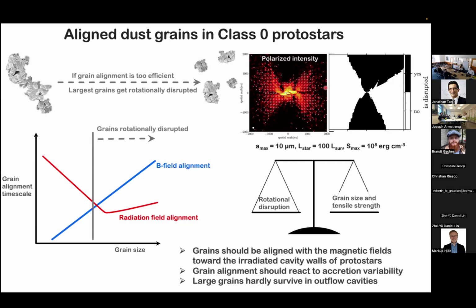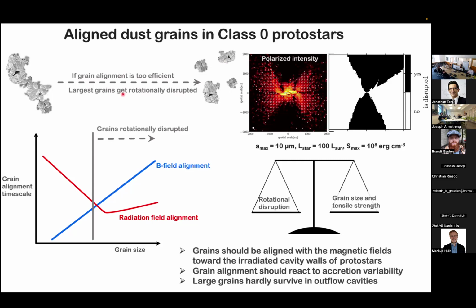If we need to have large grains, and we need them to spin up efficiently to explain the dust polarization, however, if they're large and spin fast, they can disrupt. It's called the rotational disruption of grains. If the centrifugal forces exceed the cohesion force, those grains disrupt, and then you repopulate your small grains, you increase